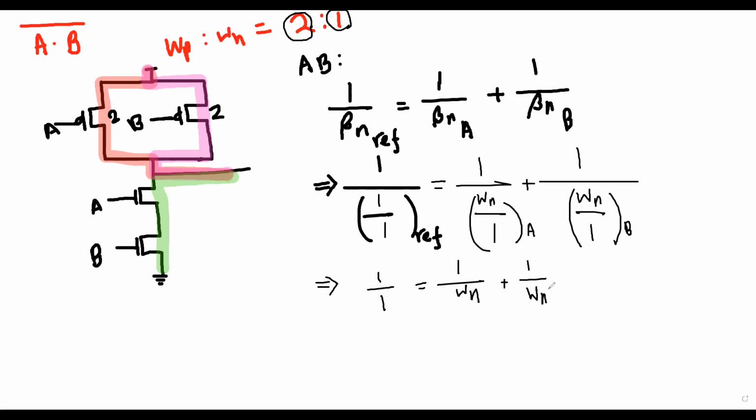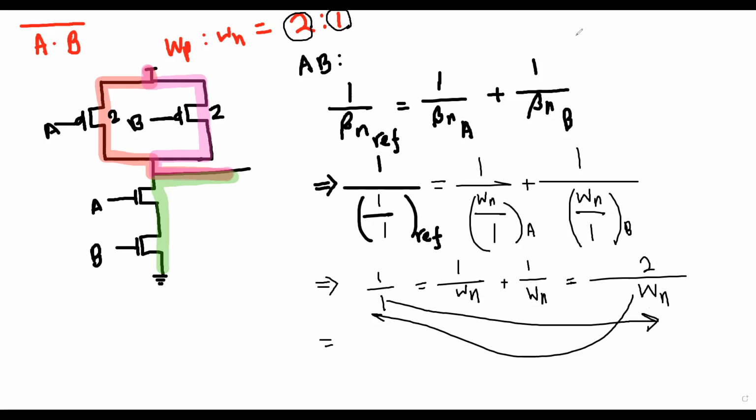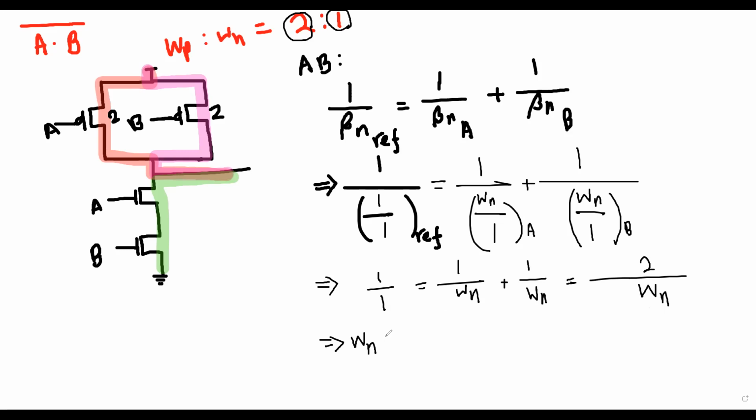And this one is for A, this one is for B. If I consider they are equal, so this one will be Wn and this one will be 2. So if you take the Wn at this side, and if you take this 1 and 1 in this side, so your calculation will be the Wn, A and B both. Previously it was A, it was for B. Now since I make them equal, so I'm going to write A and B both.